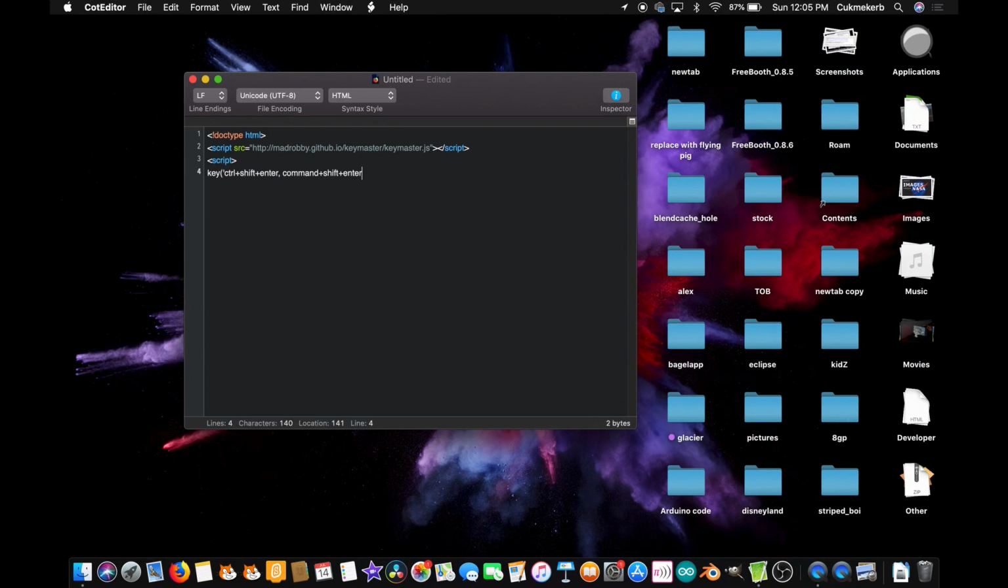There's a list of all the keys it's compatible with in the documentation, which I'll also put a link to in the description. Close quotes, comma, space, function, open parentheses, close parentheses, open curly braces, and then here you will put whatever you want to happen when this command is executed. So I'm just going to type alert, open parentheses, open quotes, Control-Shift-Enter, and close quotes, close parentheses, close curly braces,